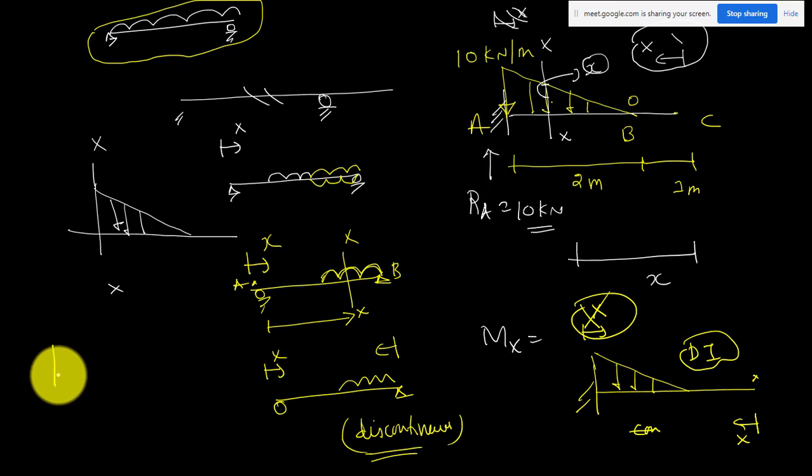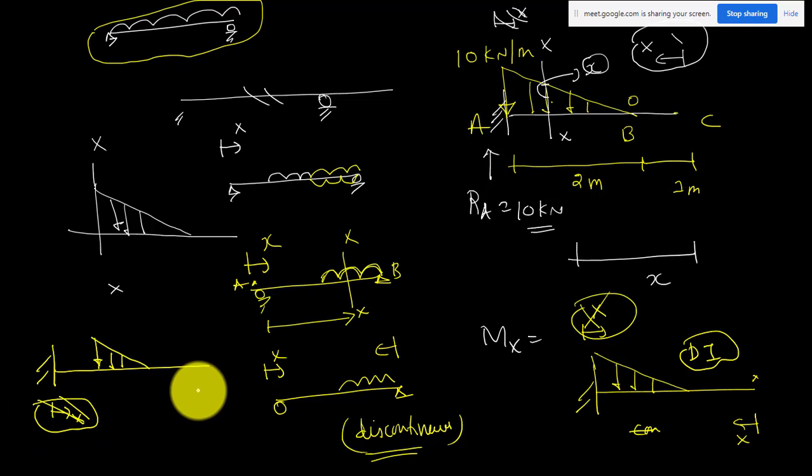Suppose the load is like this, then it is not continuous. It is discontinuous, and you should not try to write the equation from this end, that will be very difficult. Here you write your equation from this end, and extend your load to the left support, and here also you have to apply the same load of equal magnitude.